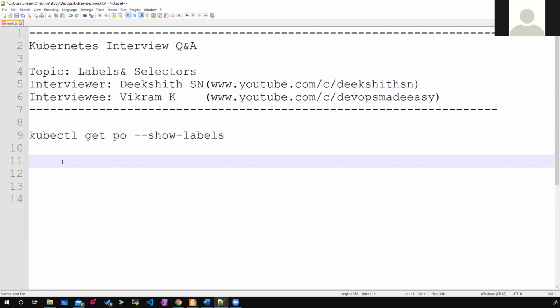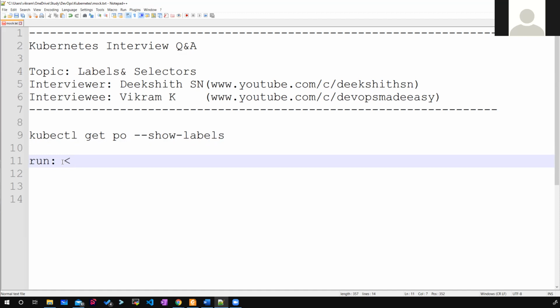Yes. If you're not giving any labels in the manifest file, if you're doing a deployment the declarative way, or if you're not giving any labels when you're using kubectl run, then by default Kubernetes will add a default label, which is run colon the name of the object.